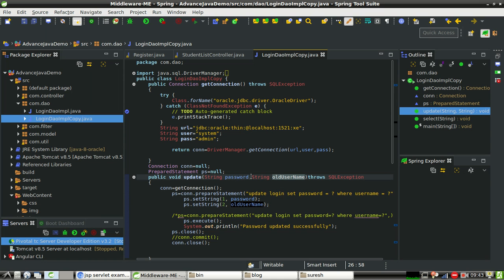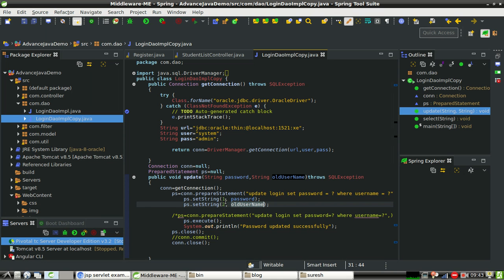So instead of writing update login set password equal to password, where username equal to old username, I'm going to bind these values with the help of ps.setString(1, password), ps.setString(2, oldUsername).